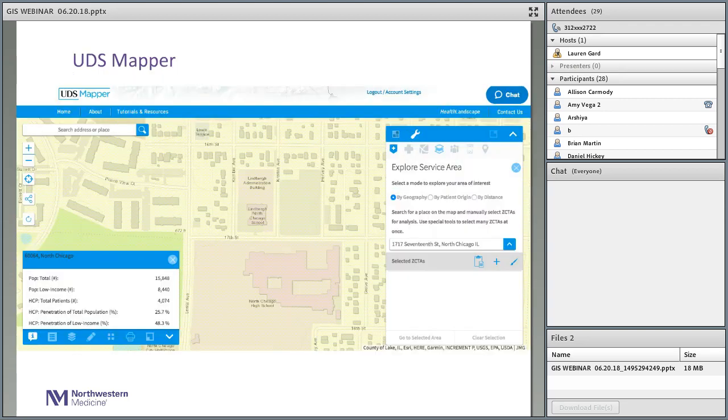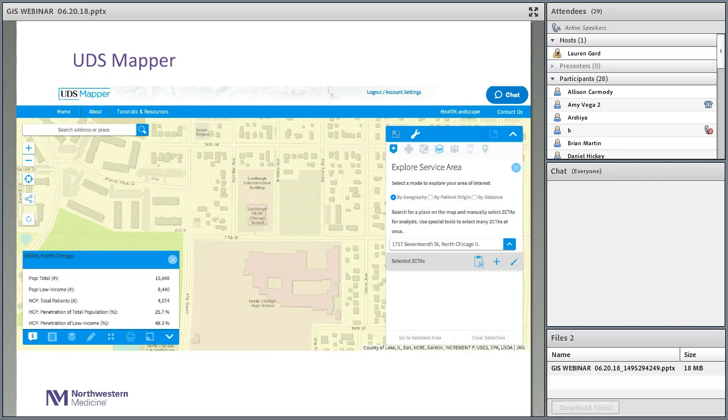So we'll start, for this demonstration, we just put in addresses of one of the areas that we serve in our program. And you'll see the map. And on the bottom left, you'll get some basic population data. So before you really do anything, you get a bit of a snapshot of the area where your patient's living or the community that